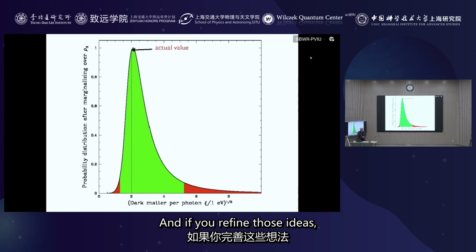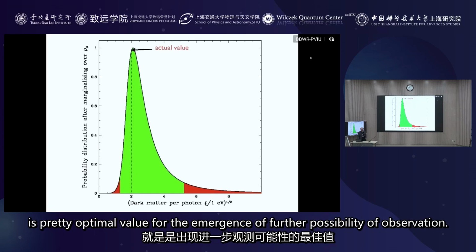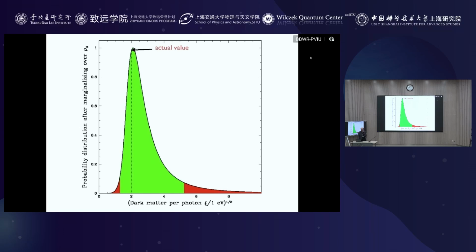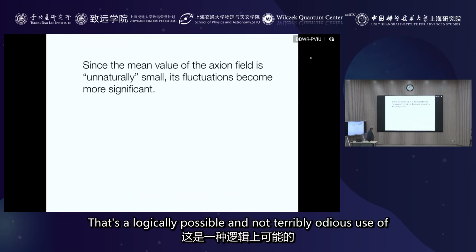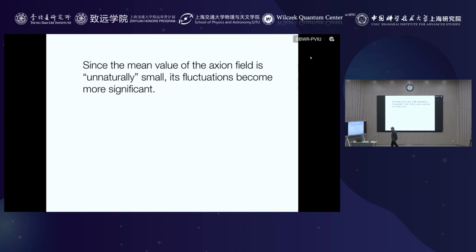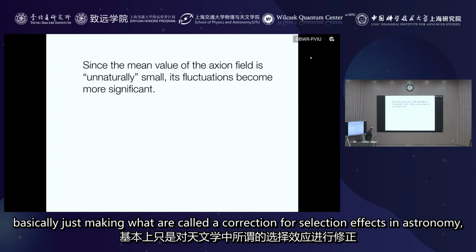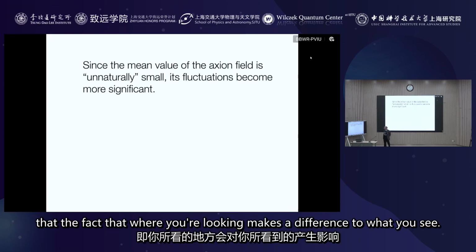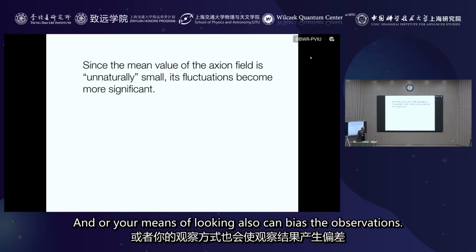And if you refine those ideas, you can convince yourself that the actual value of the dark matter density is a pretty optimal value for the possibility of observation. So that's a logically possible and not terribly odious use of anthropic reasoning, but here much more well justified than in general. It's basically just making what's called a correction for selection effects in astronomy, that where you're looking makes a difference to what you see,